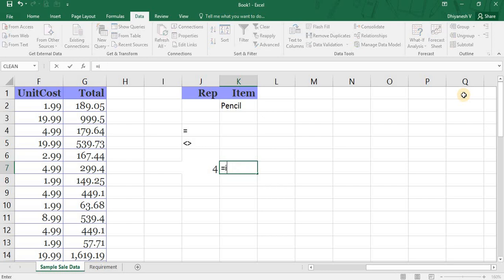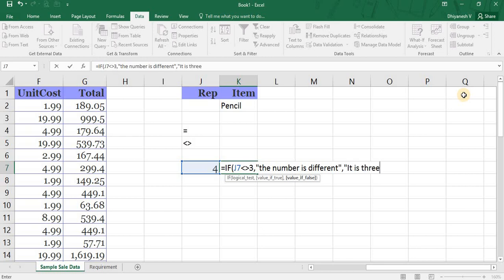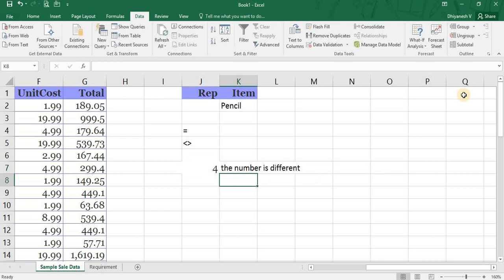So you can use it in IF functions also. If this is not equal to 3, return me "the number is different", or if it is false, "it is 3". So since I entered 4, this condition is satisfied.